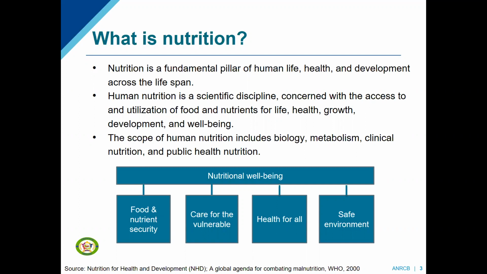It also depends on their health, whether they have any infections or chronic diseases, and their access to healthcare. Another key aspect is the environment in which people live and work. This includes their safety and security, their access to basic needs such as clean water, and their relationships with their families and communities.